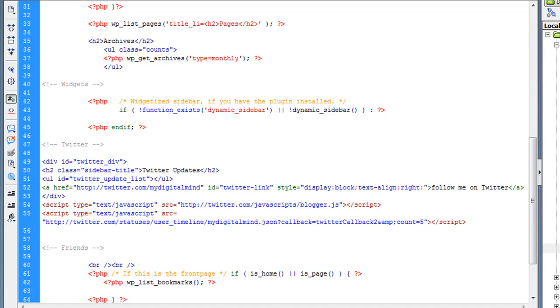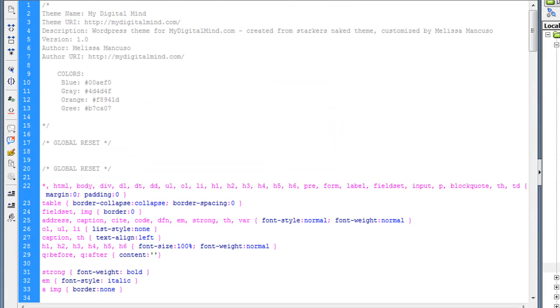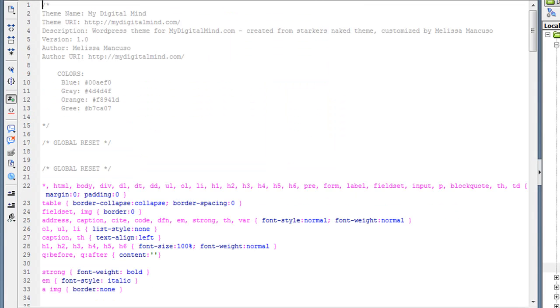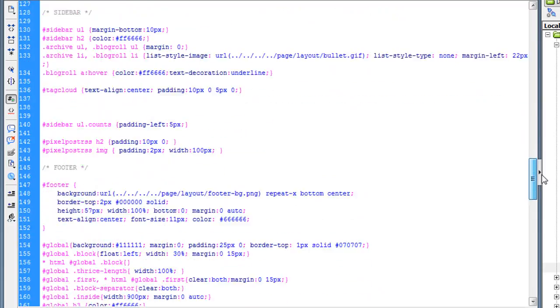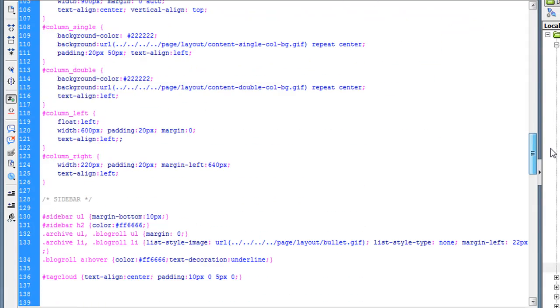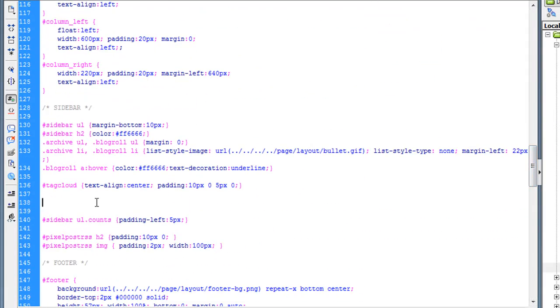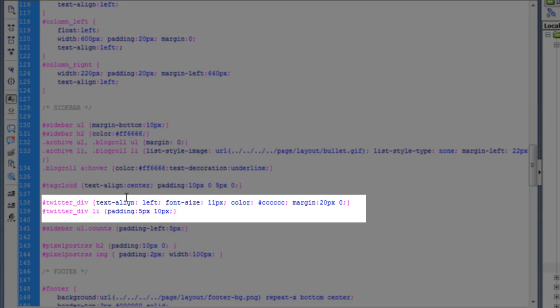So I'll open up Dreamweaver and open up my style CSS. Now I already have code ready to stick in here. I'm just going to look for my sidebar and I will paste it in here. What this code is doing is changing my font size. I'm also adding a margin before the heading, and I'm adding padding in between each list item. The tweets are listed out as list items, and I'm going to save that